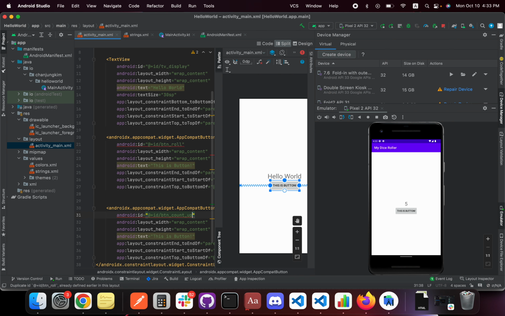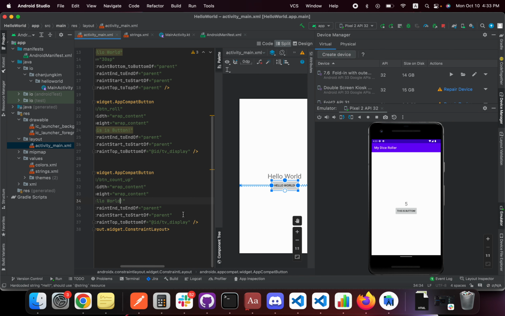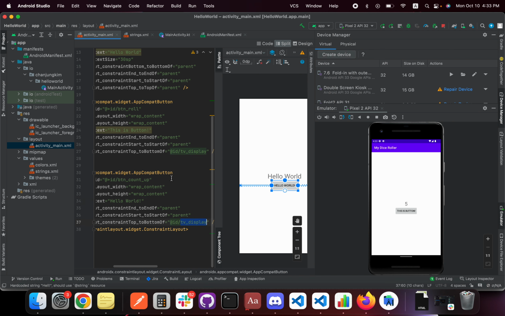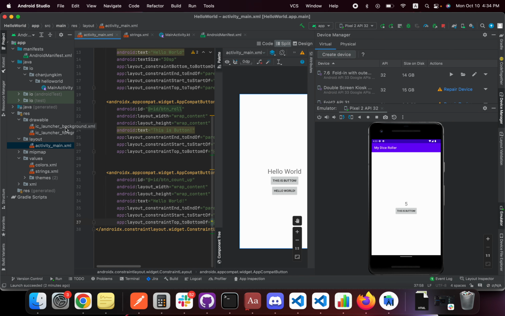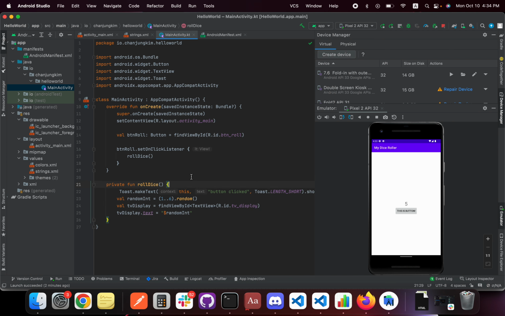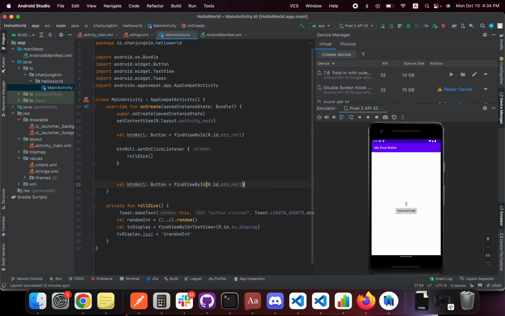Count up. Hello world should be hello world. But this is below the button. And let's see, it's count up and button count up,